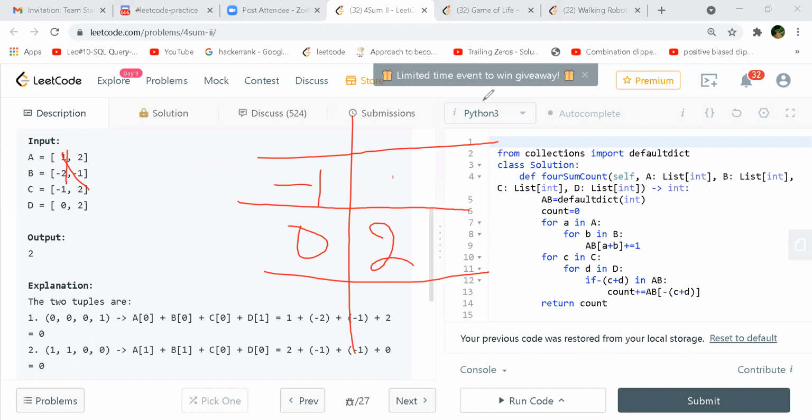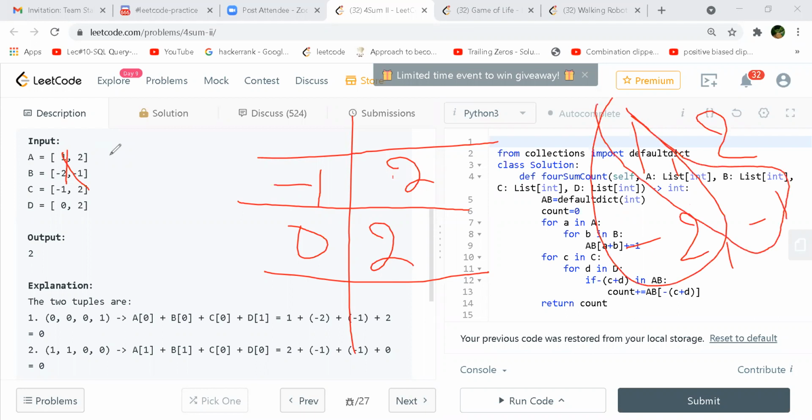We have zero as the sum of two such pairs, and minus one also two. Makes sense, right? I'm taking these two, like minus two, minus one. So one pair this, another pair this, and again one pair this and another pair this. And now from these two arrays, I'll search whether I can get plus one.